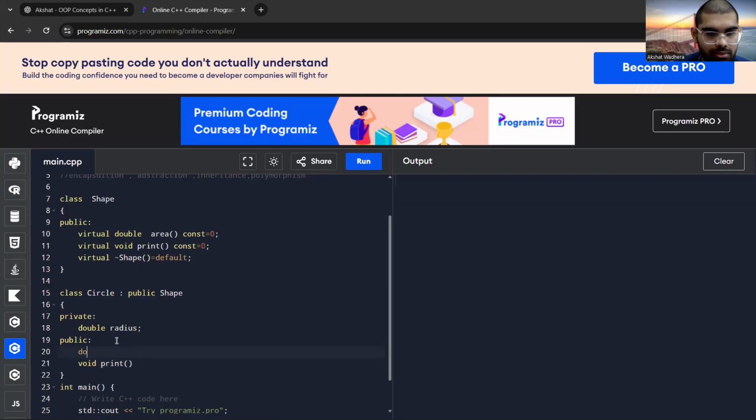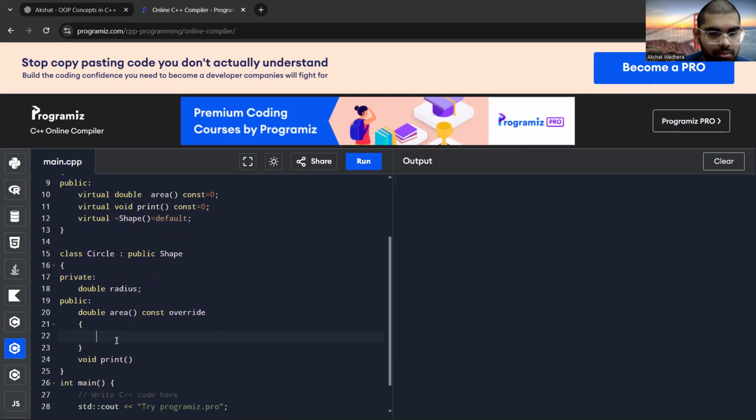So double area, const, override, and then let's do return 3.14, the pi value. The area of a circle is pi r square. So radius into radius. Void print as a const override,